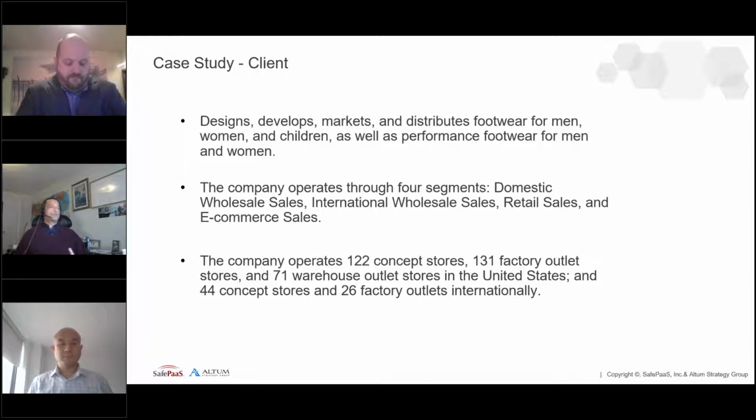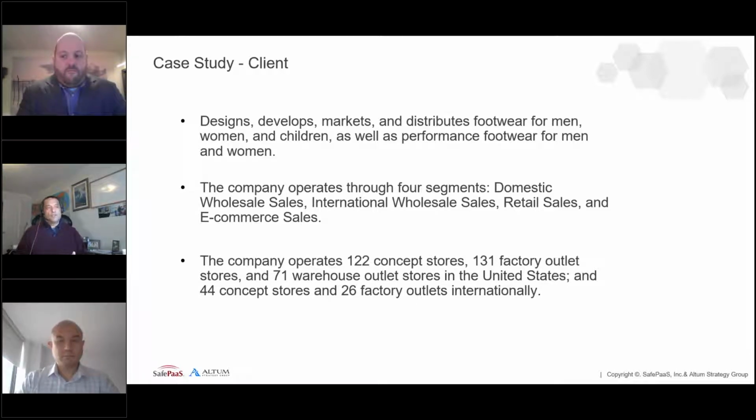They have concept stores, they have factory outlets, they do a lot of their manufacturing internationally. So when we talk about supply chain and disruption, this is an unfortunate example of that. But the organization has done a great job of applying SafePaaS analytics and SafePaaS services with partners such as Altum to get control over their business this year. As you all know, there are not that many stores open, or if they're open, they don't know when they're going to be closing. So e-commerce and this multi-channel